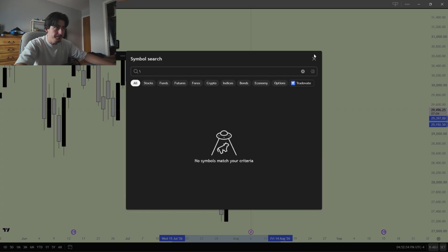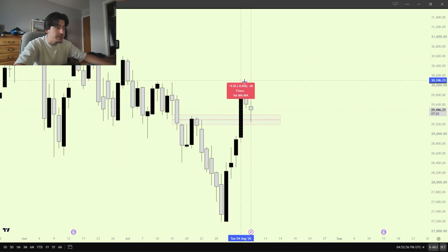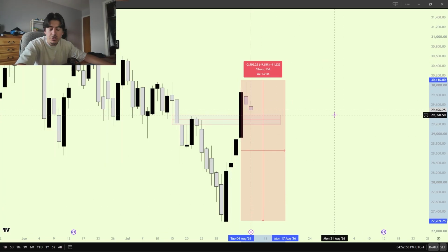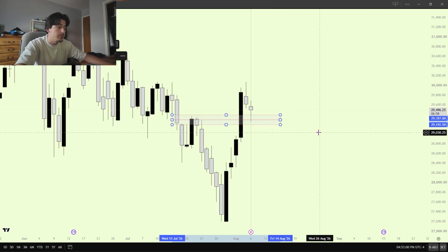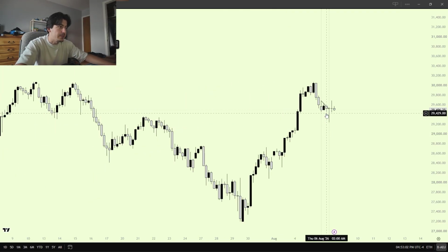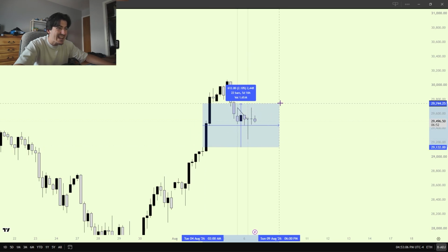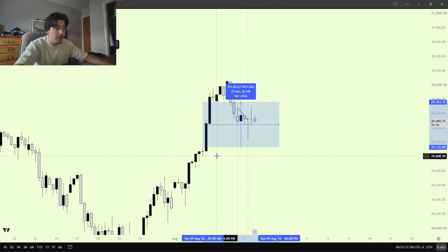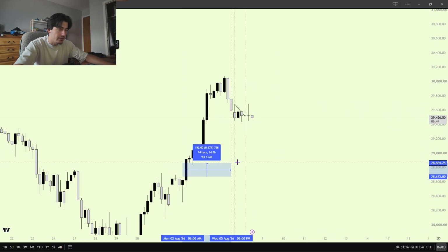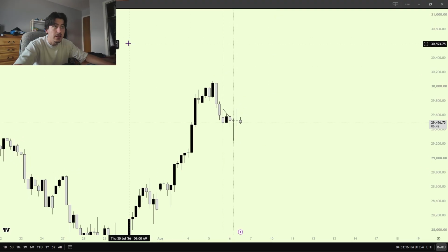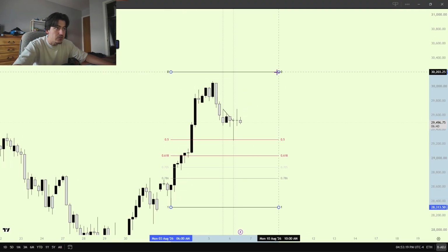Now, we're not going to fade. We're not going to look for a deep retracement because if we get a deep retracement, we're just going to go to zero. It's not going to happen. I'm sorry to tell you, we're not going to get a deep retracement, but if you look at the 4-hour time frame, we have from yesterday, or from 2 days ago, this massive, massive gap that was created on the 4-hour, right? We have the midpoint over here. And I saw some people saying that we have a gap down here, but it was already mitigated right here. And we do not want to be taking this whole range, in my opinion.